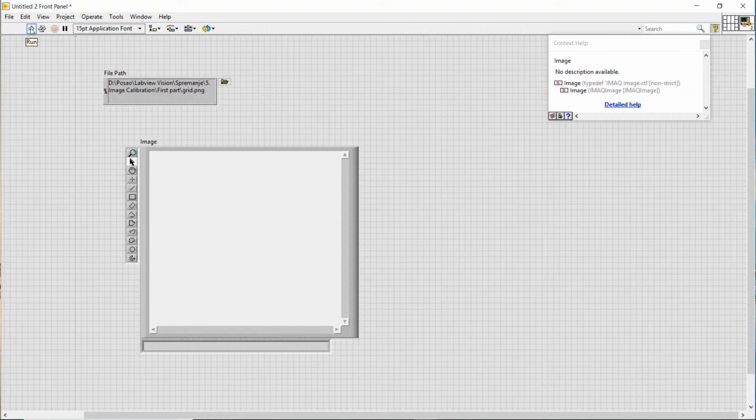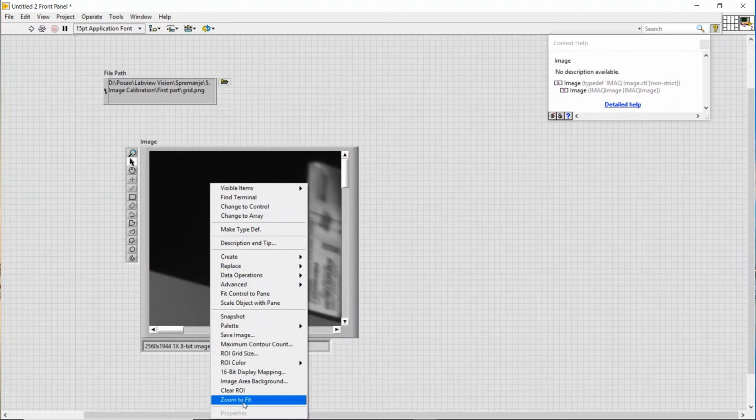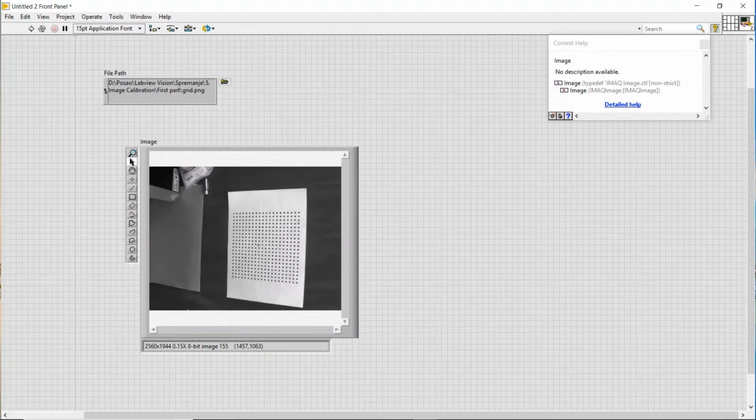So now click Run, and you see only a part of the image. Right click on the image display and click Zoom to fit to see your entire image. So here you can see that this is the image of a grid in an imaging system that suffers from